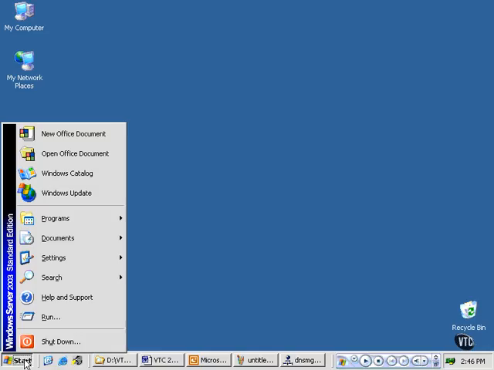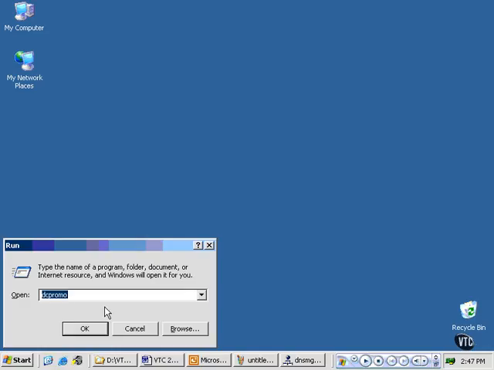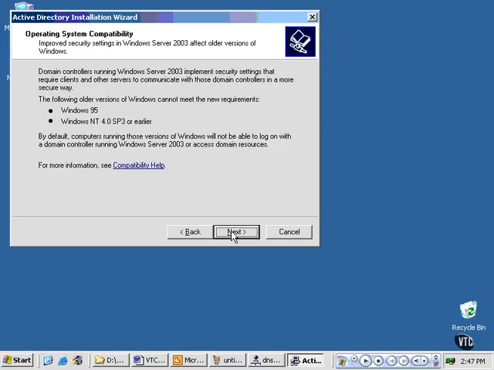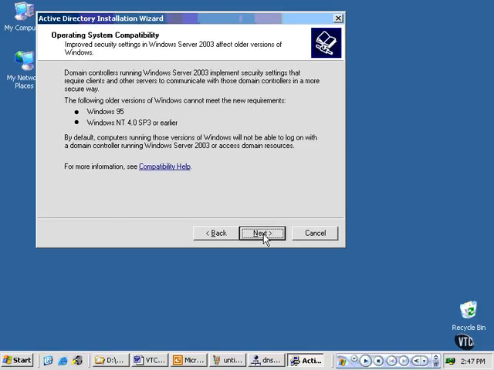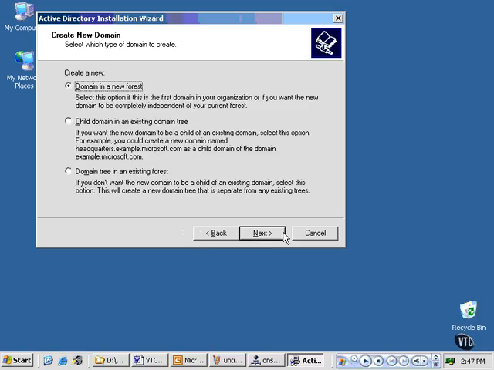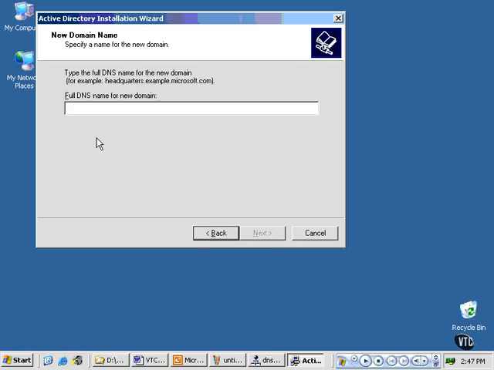Let's go ahead and implement Active Directory first with the program called dcpromo. Start, run, dcpromo is how you launch this. You can also configure your server to do the same thing. So I'll quickly go through this. Again, this is not a lesson about dcpromo or Active Directory. So we're just going to create a domain controller for a new domain. We're going to create a new forest of domains. The DNS name for the new domain is going to be